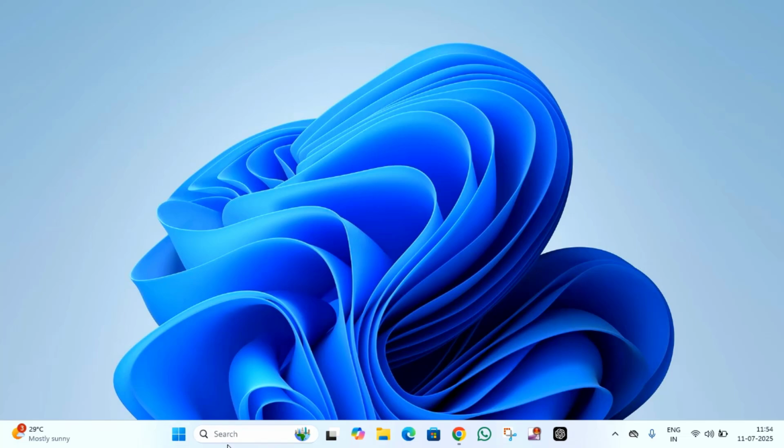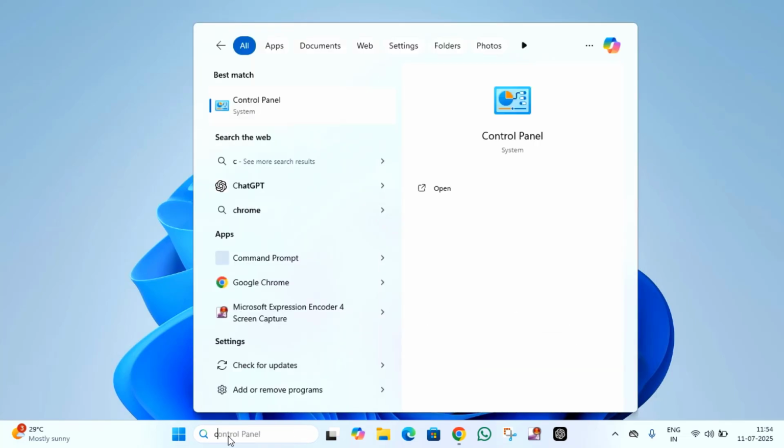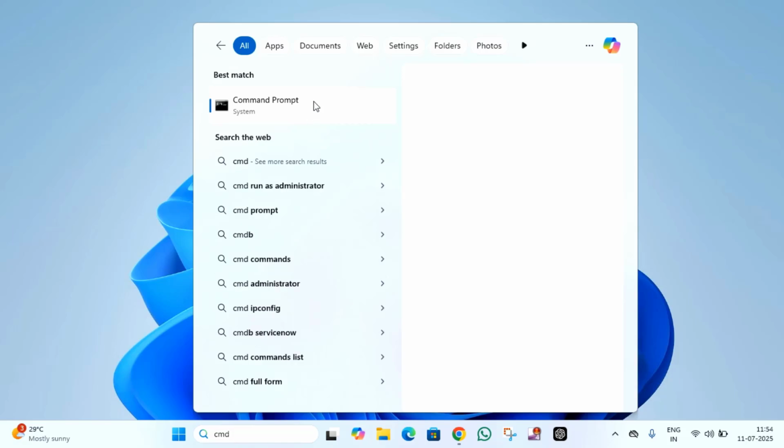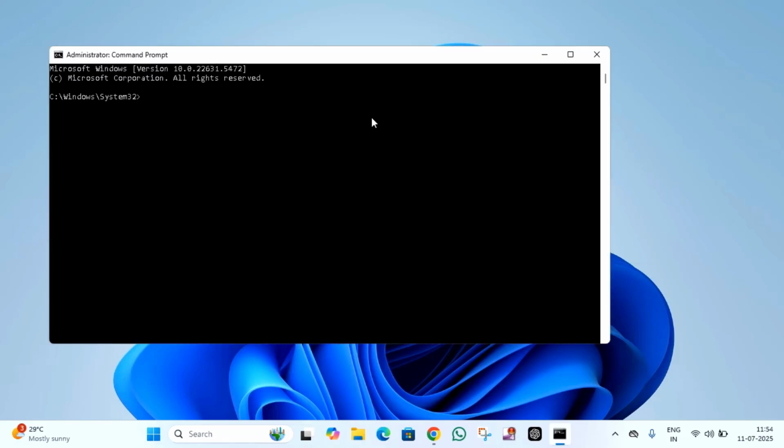you have to just open the command prompt. Just click on the search menu, then type cmd, right click on this, click on run as administrator, then type here chkdsk space /f space /x space /r space c: enter,